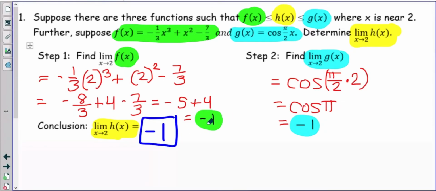If my function on the bottom has a limit of -1 and my function on the top has a limit of -1, then the actual limit is going to be -1. Okay,